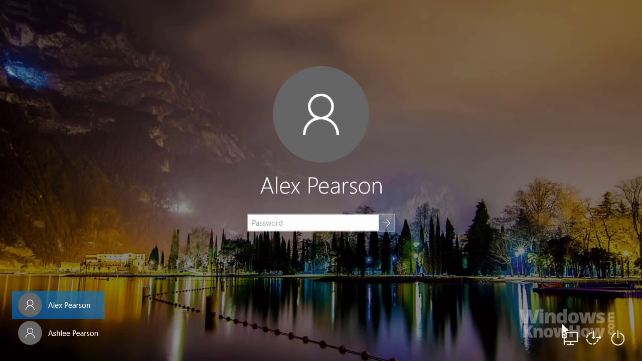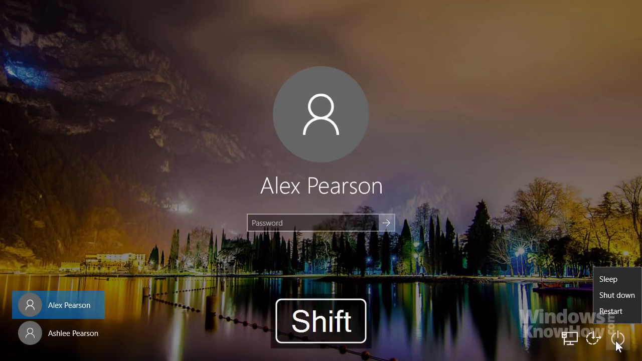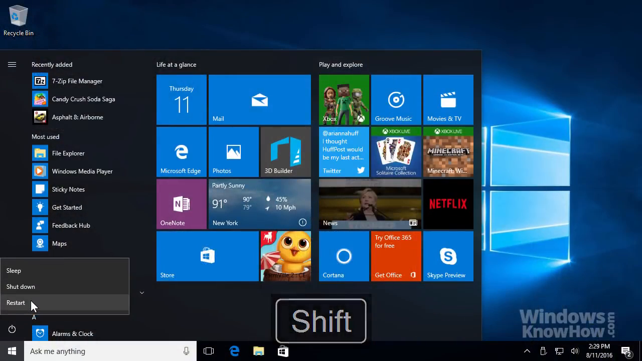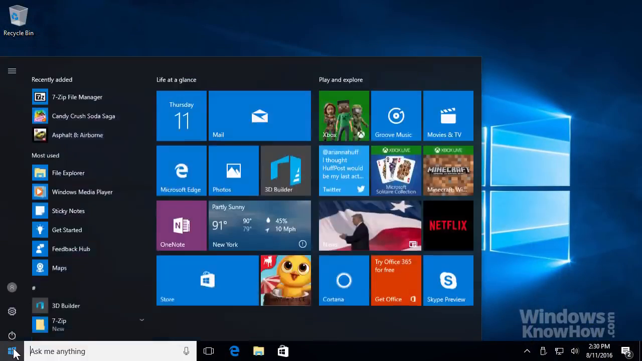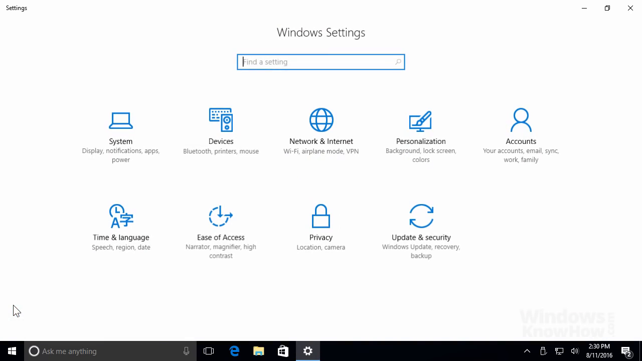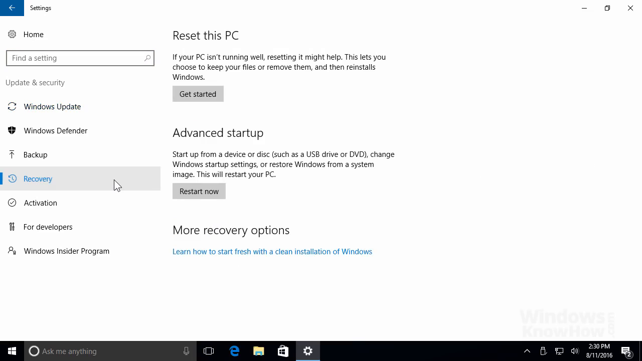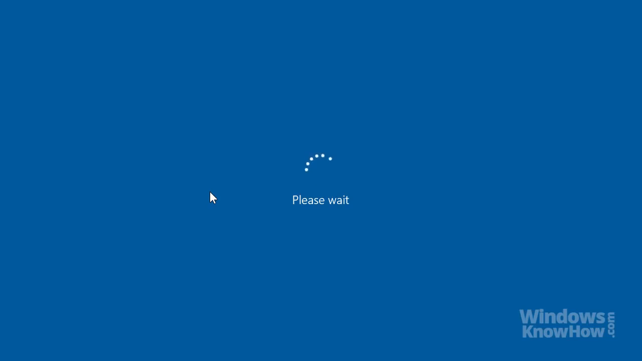To get to them from Windows, just hold down the Shift key on your keyboard while selecting Restart from the power icon, both on the sign-in screen and on the Start menu. You can also access them by going to the Settings icon on the lower left of the Start menu, then going to Update and Security, followed by Recovery from the left-hand side. Under Advanced Startup, tap or click the Restart Now button, which will reboot your PC and take you straight to